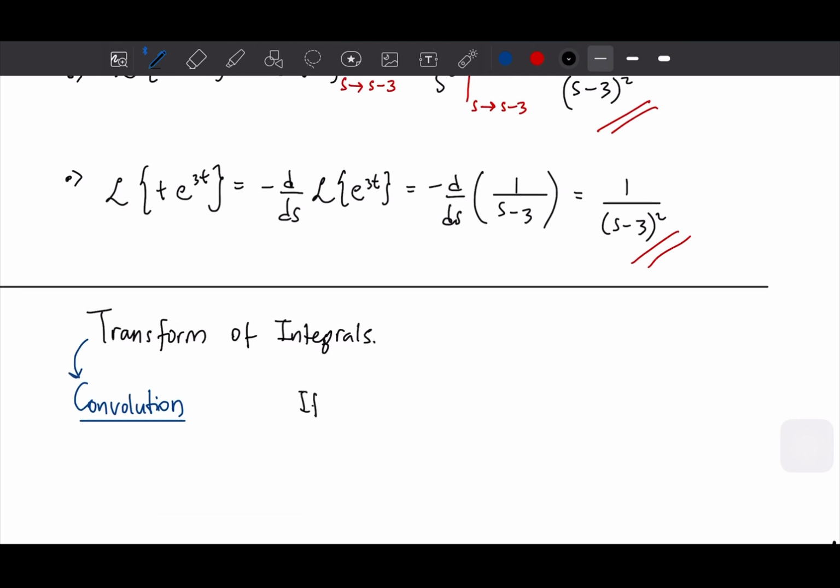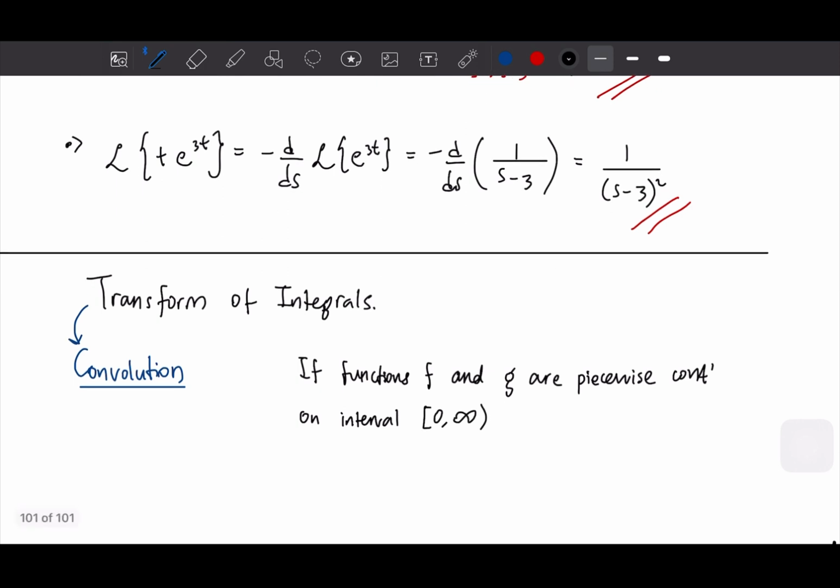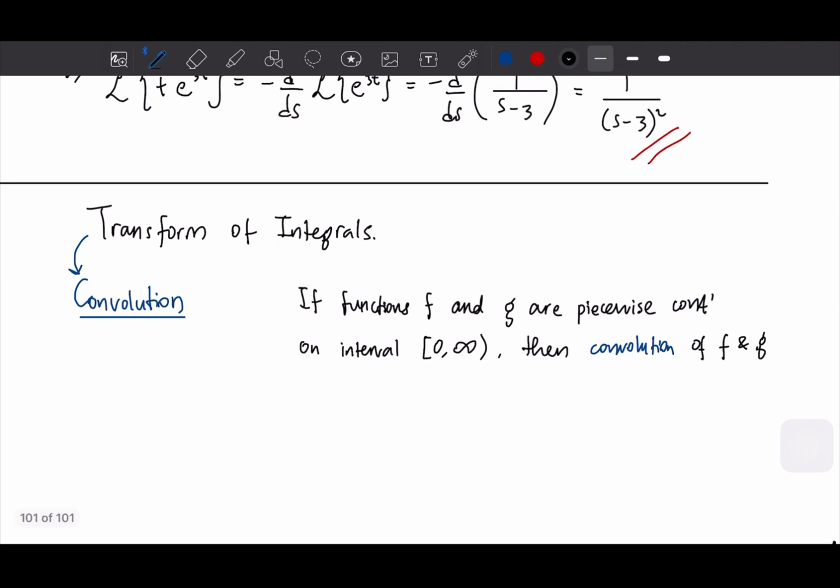So if functions f and g are piecewise continuous on the positive interval, then the convolution of f and g,